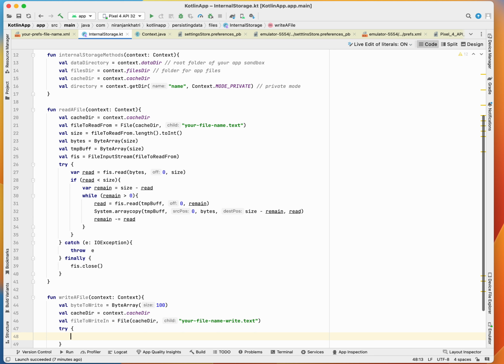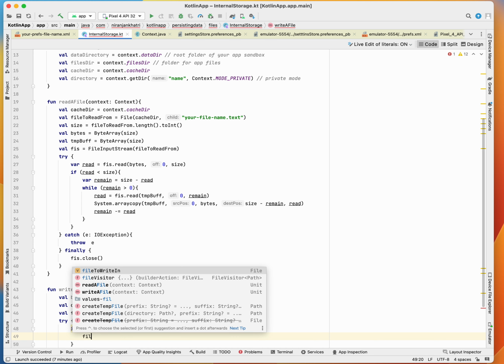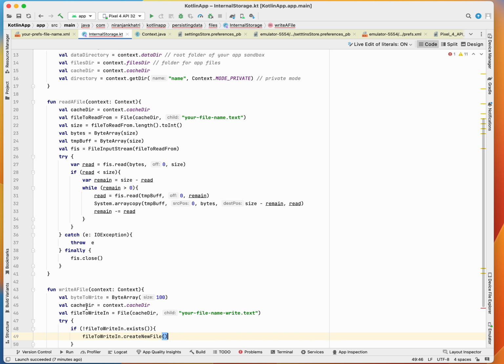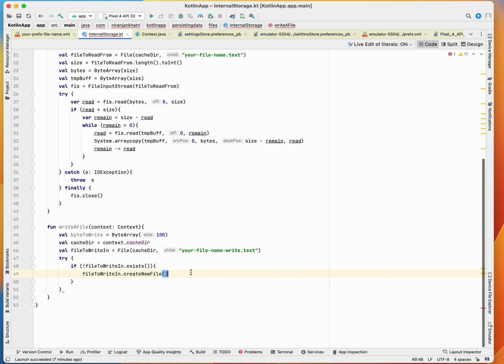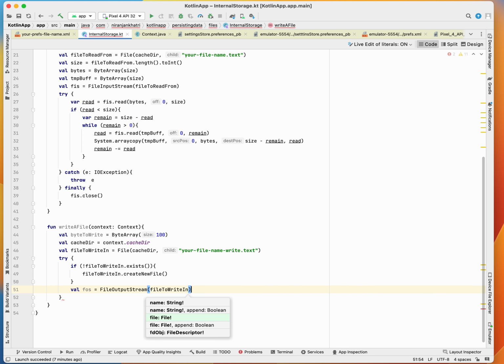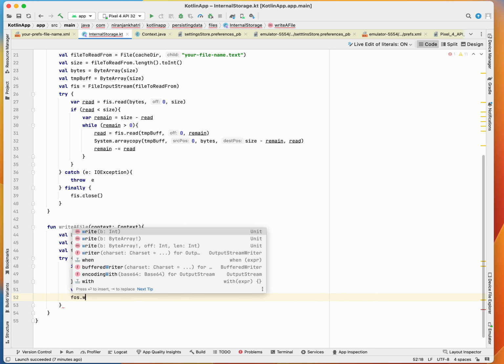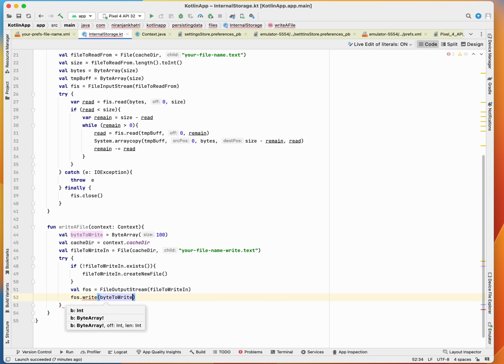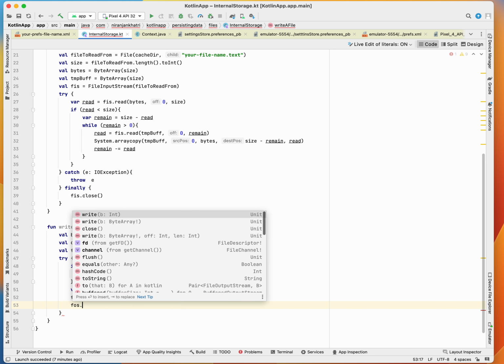And now we try to write our file. If file to write in exists, then we file to write in create a new. If it doesn't exist, you see, there is a negation, then we create a new file and start writing. Otherwise we write the file out to stream, file to write in, output stream, write, bytes to write, file output stream, close,